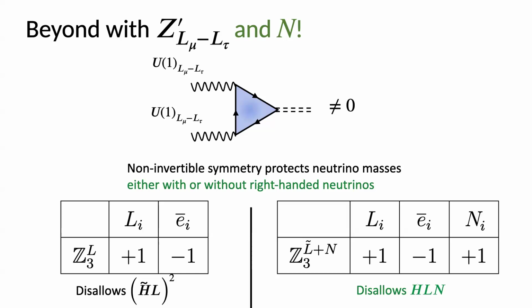Sure, if it's not a right-handed neutrino, right? Sorry, I should say these have the standard L_mu minus L_tau charges. So they're really leptons. If I were just to introduce some random singlet fermions, then they wouldn't take part in this anomaly. And so there wouldn't be anything interesting to say about them. Okay, yeah, exactly. Good.